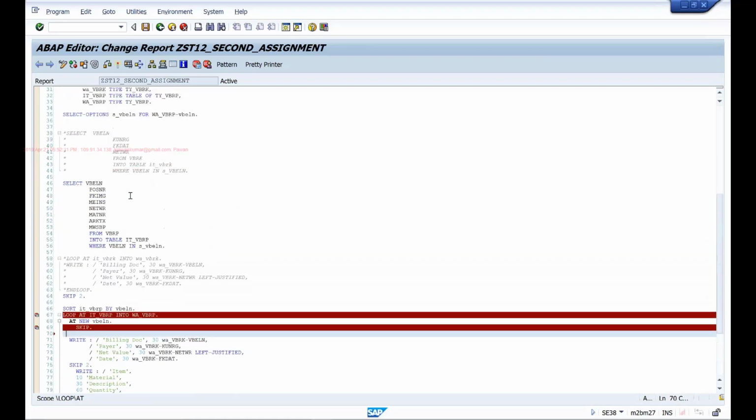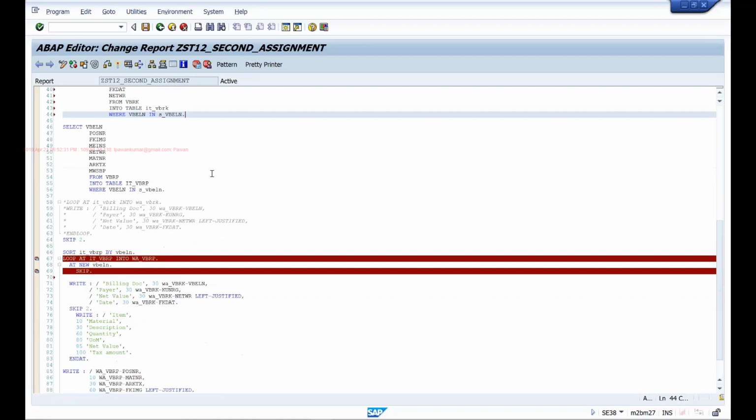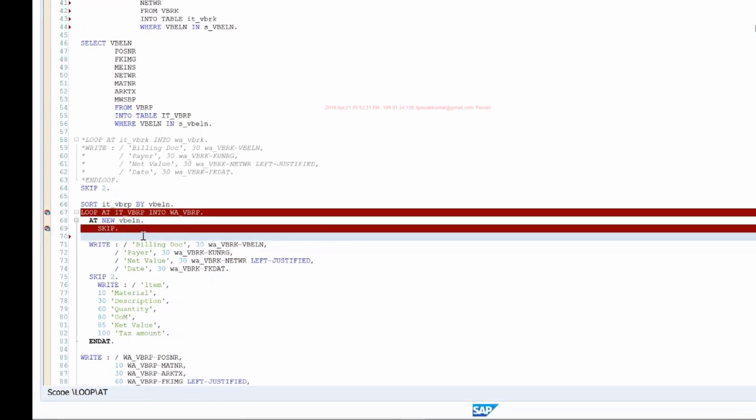What I'll do is I'll write the select outside the loop to get all the data at once into my program, into my internal table for all those documents. And within the loop, I'll use the read statement to read the data from the internal table, because it's much faster to read the data. And since the data is available locally in my program, I can read it as many times as I want. It won't cause any performance bottlenecks. But if you are hitting the database in a loop, then it will cause a lot of performance issues.